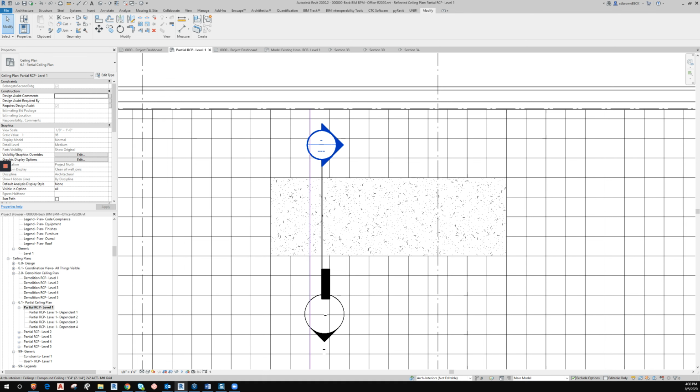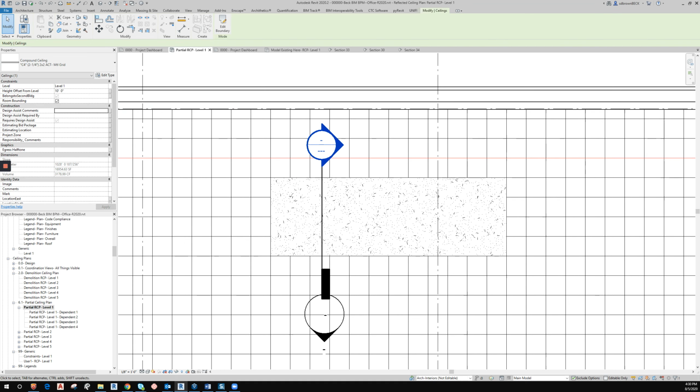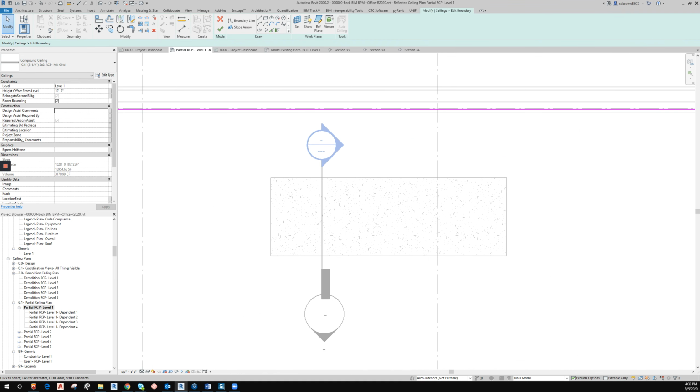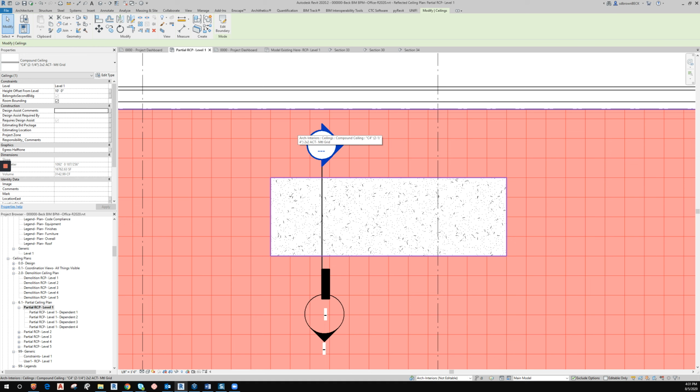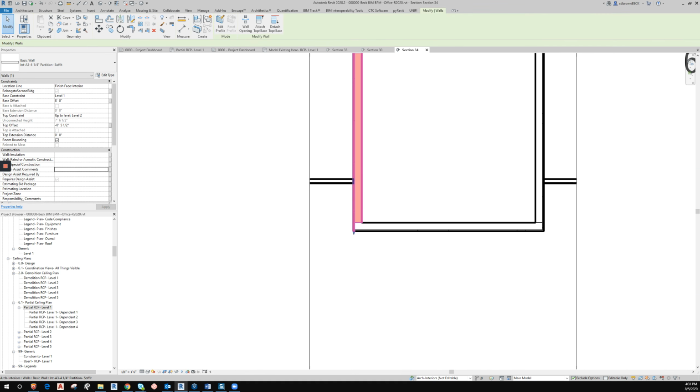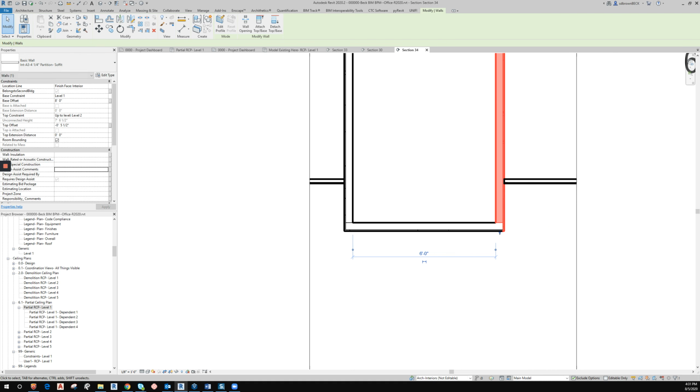So that's all good. Now we can edit our boundary of our ACT ceiling and use the pick wall. And this time we don't want to choose extend into core because we don't want that. We want it to butt up against the gypboard. We'll use our tab select, but you always want to use pick wall. And that way you can sketch without being concerned with your dimensions, because modeling this way lets us instantly revise our model. So if you are doing something and you just want to get it in there, take the time to do your